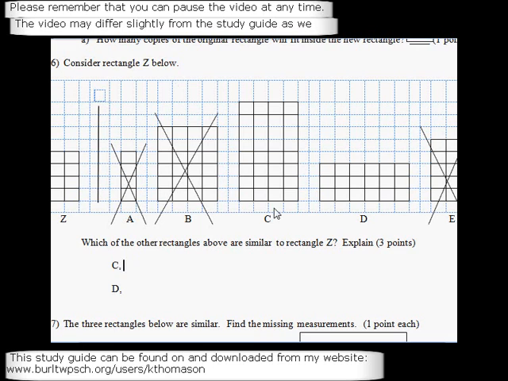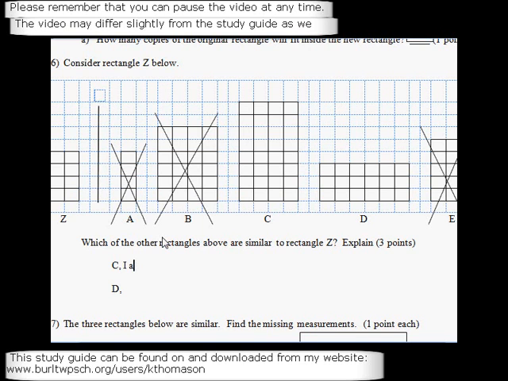Alright, again, the question's worth 3 points. And I said 1 point for the letter, 2 points for the explanation. You can't forget the explanation, because that's the bulk of your points. Alright, so how are we going to explain this? Why is C similar and why is D similar? Alright, so for C, all you really have to say is